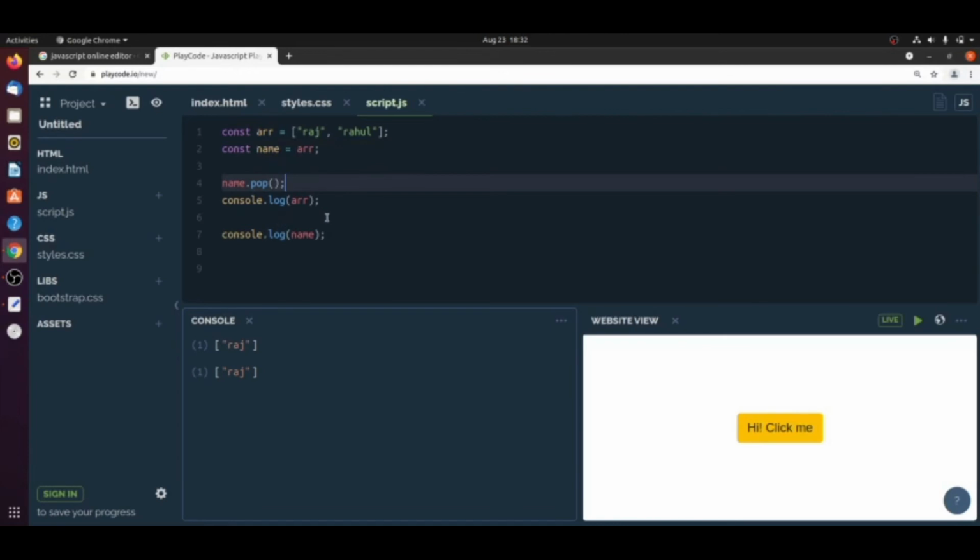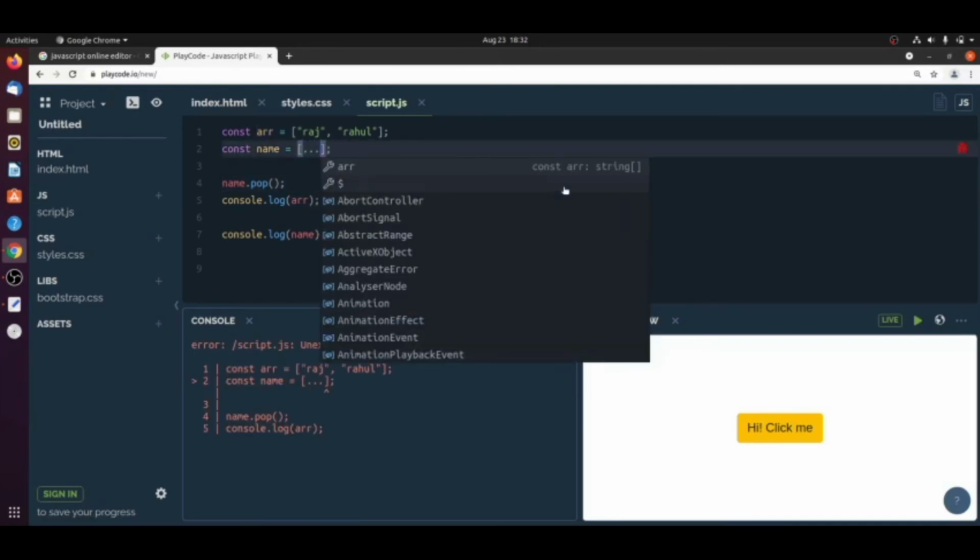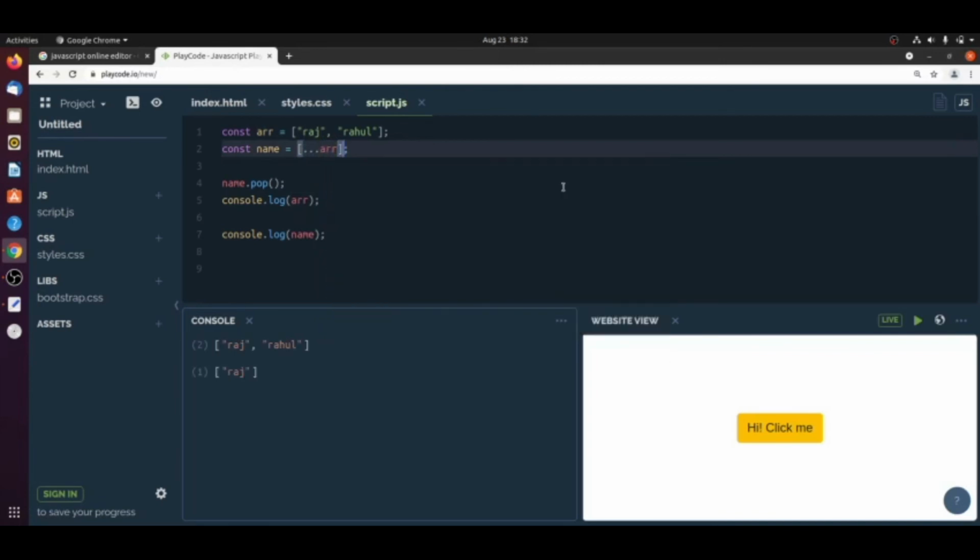So if you use the spread syntax, it will create a shallow copy, so it will not harm your original array. It will just remove one value from your secondary array. So how can we achieve that? Similarly, we will use spread syntax here.